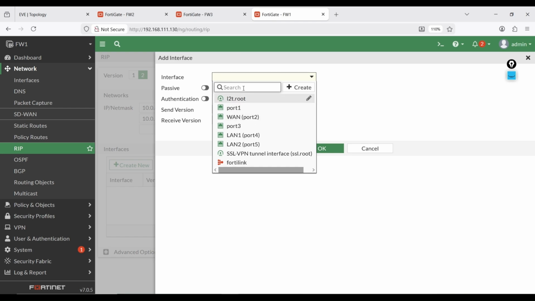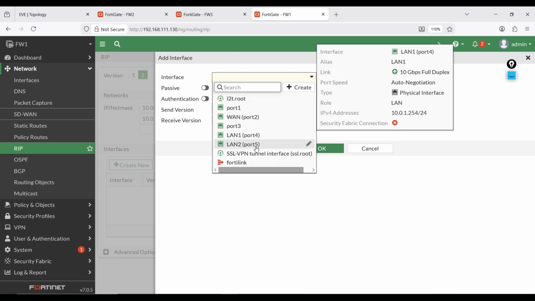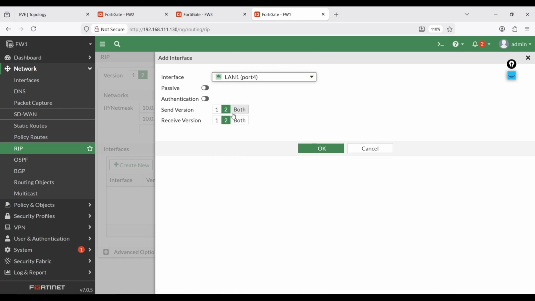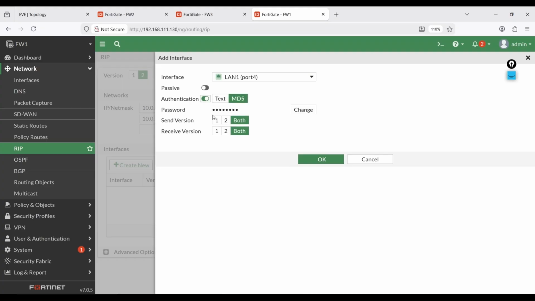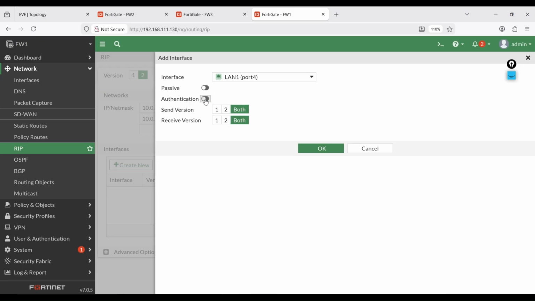So just go to the firewall here, select port number 4, and select the version, send version both and receive version both. And here we have authentication. As I said, we can set up authentication in text or MD5 in version 2. At this moment I am disabling it, not making it complicated.